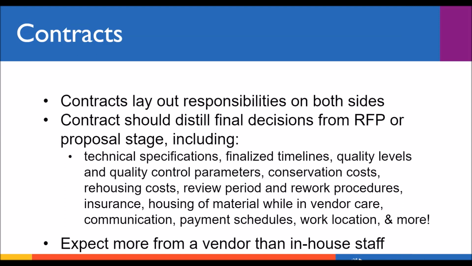Okay. So once you've selected a vendor, you can ensure the quality is met by having a contract in place that clearly lays out the responsibilities on both sides. Now, most vendors will already have a contract or a statement of work that they can provide, but your procurement office may have their own contract for the vendor to sign instead, or make adjustments to the vendor's contract. Remember, you are also beholden to this contract.